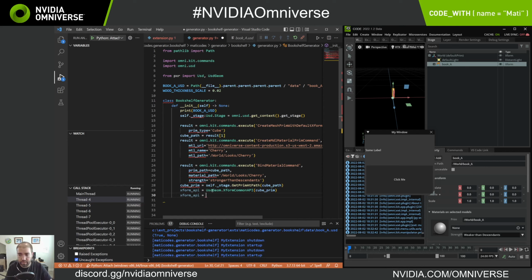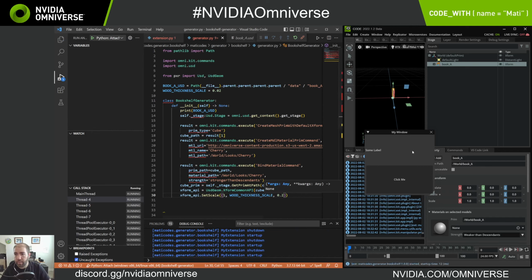And I think I said I was going to set scale to 1, wood thickness scale for the y, and z I said it was going to be 0.2, I think. So save that, run it,